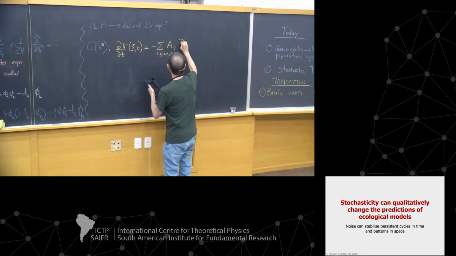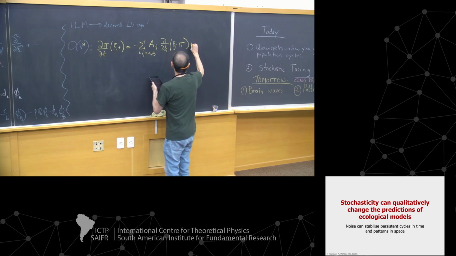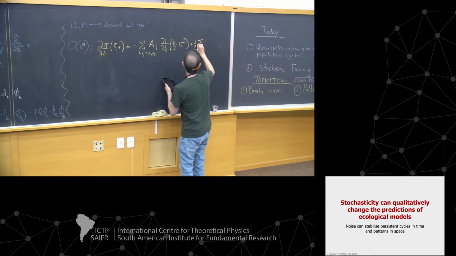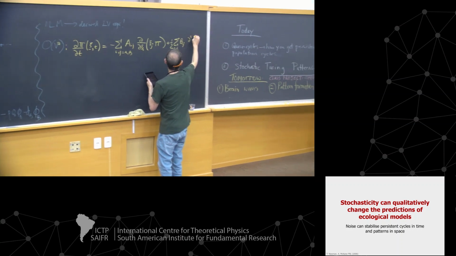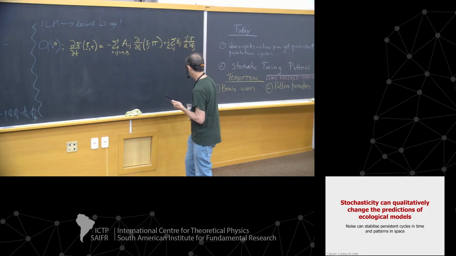aij d by d psi i, psi j pi, plus 1/2 sum over i and j b ij d2 pi by d psi i d psi j. And